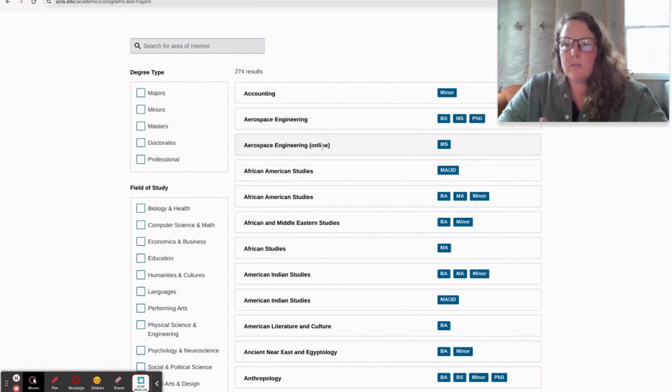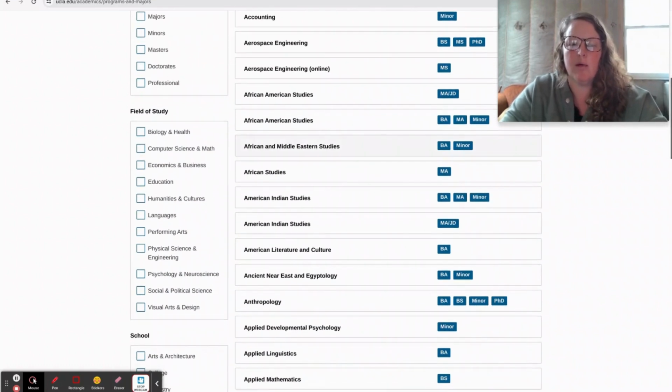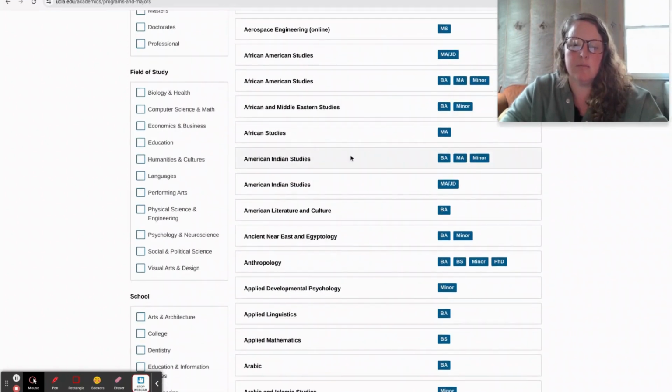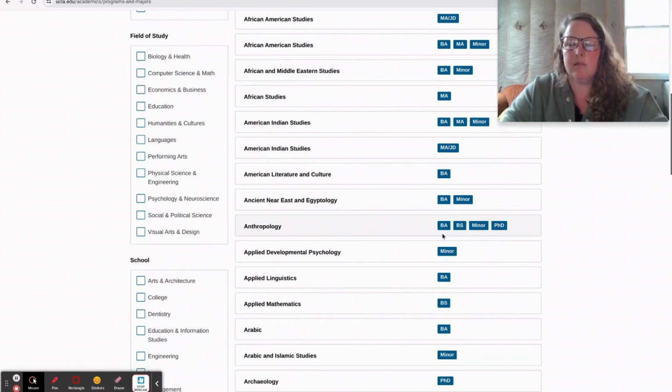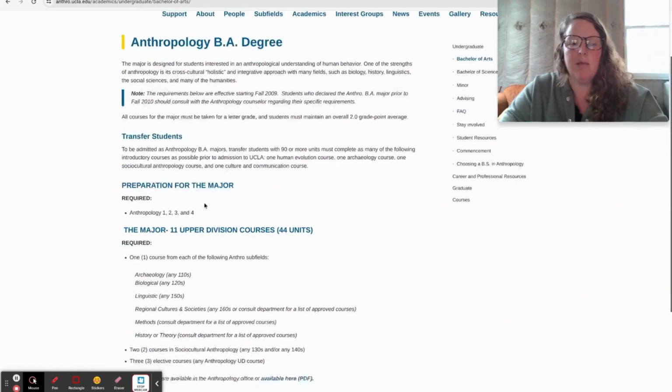So if I want to transfer, I would decide where I wanted to go, which university, and then I would look up this kind of thing. So say I wanted to do anthropology. So this is a Bachelor of Arts, Bachelor of Science, a minor, and a PhD. So all of those are available for anthropology. So if I wanted to do a Bachelor of Arts in anthropology, I would open up this and it would tell me